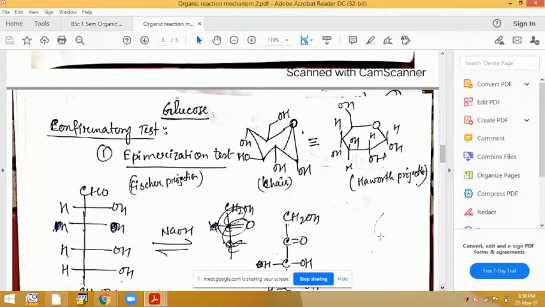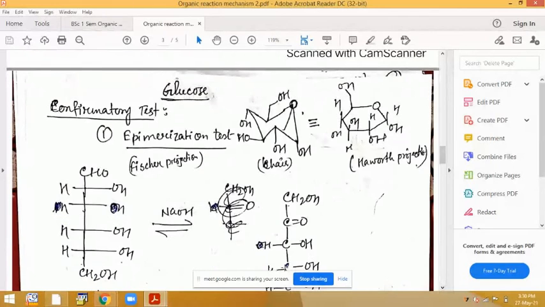You see, we can represent the glucose structure in 3 ways. This is the Fischer projection, where CHO, (CHOH)4, that is the fourth CHOH group, and the CH2OH. We can also represent this glucose structure in the chair form, like this first one, and the Haworth projection, like this type. So if I write this or this one, they are all the same glucose structure.